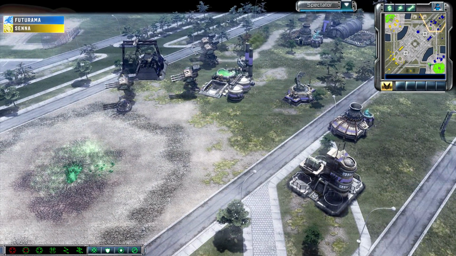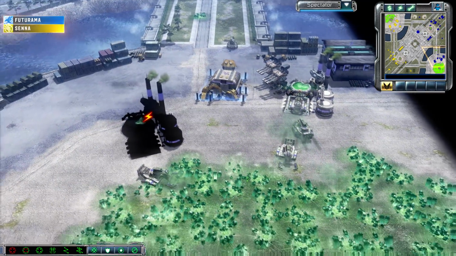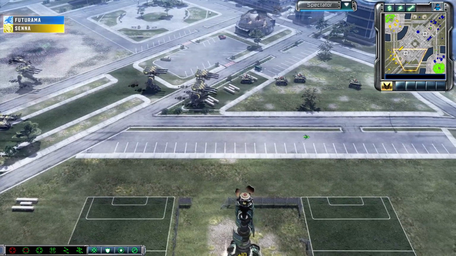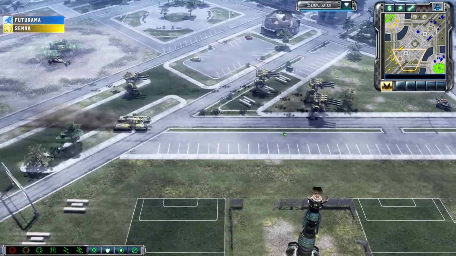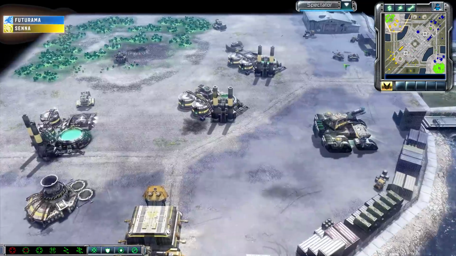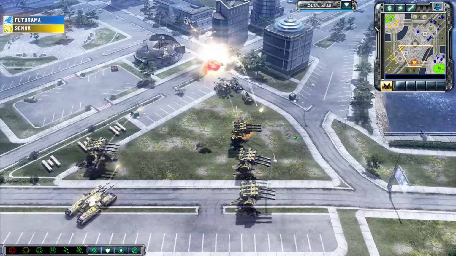Into low power mode for just a moment is Futurama. Takes one of his refineries offline. May actually need to get himself a third refinery sooner or later, but the attack is coming in. Senna looking for some kind of a win, looking for some kind of a break. And even a couple of pit bulls going to be heading in north, so they potentially could be trying to